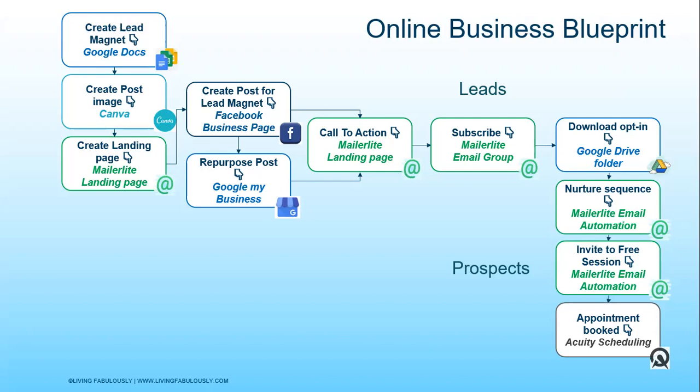A prospect is somebody who is further along the buying chain, for want of a better word, than a lead. So a lead was just curious about your lead magnet. Now the prospect, they're interested in talking to you to find out more. And this is where you then send them to a link from the Acuity scheduler.